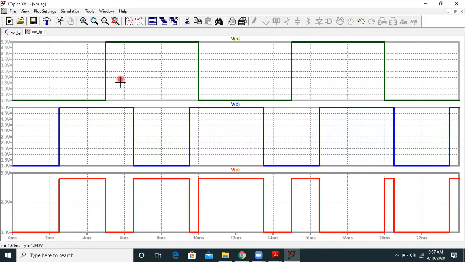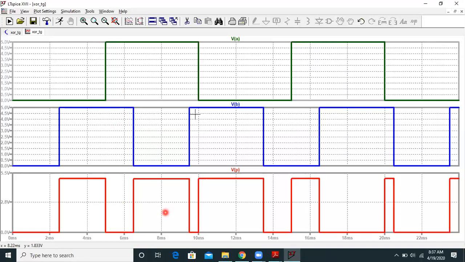Next we'll check A is 1 and B is also 1, and output P is 0 over here. So true for XOR gate, it happens. Next condition is A is 1, B is 0, and P output is 1.